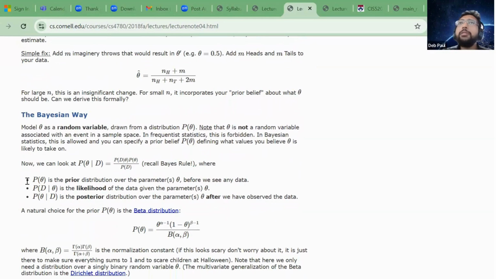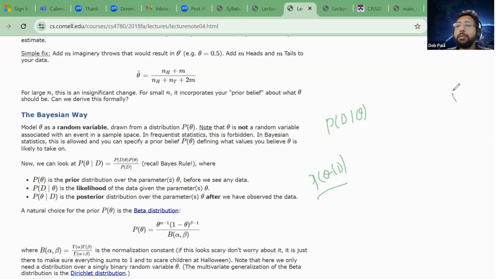But we'll see. What the Bayesian way says is that the probability of my data is a function given theta. So I'm trying to estimate this. Theta is not a parameter; theta is actually a distribution. So basically, what I want to look at is P of theta given the data. That means, what is the probability of getting a particular theta given the data distribution. I have some data distribution, and I want to estimate theta.